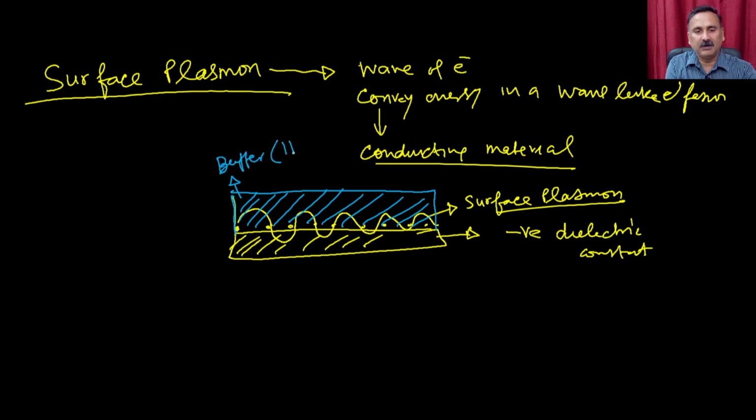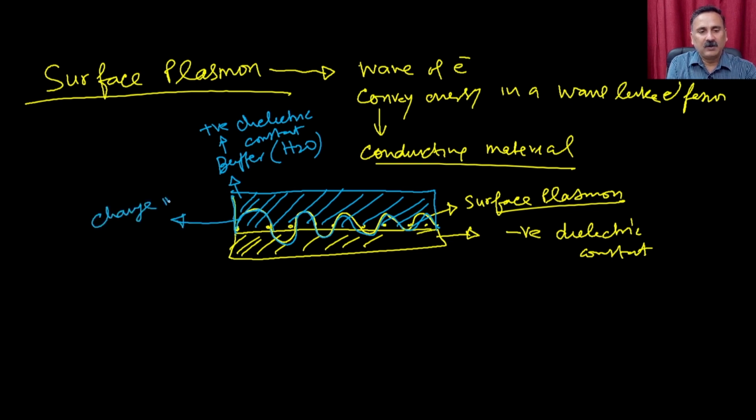So buffer is nothing but the water, which is going to have a positive dielectric constant, right? And because of this positive dielectric constant, it is going to cause the production of these plasmons. Okay, so when the plasmons are formed, they are going to travel throughout the surface of this metal surface, and these plasmons are very sensitive to a change in the liquid media. Okay,